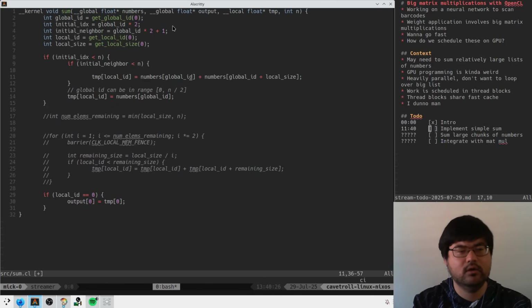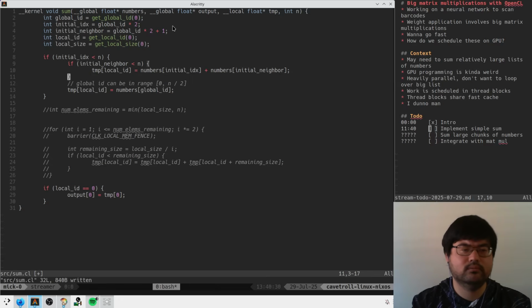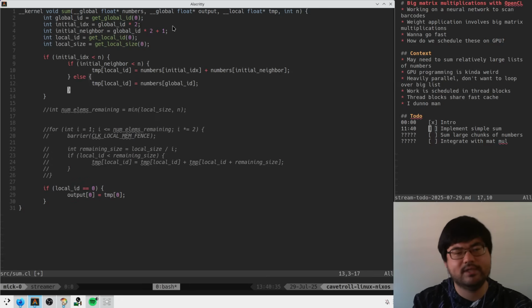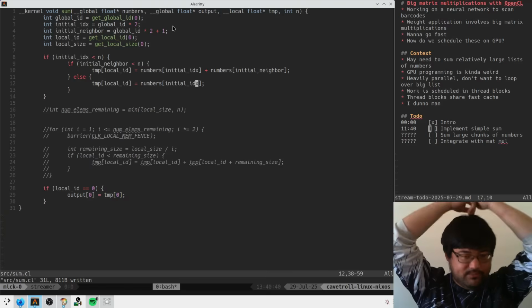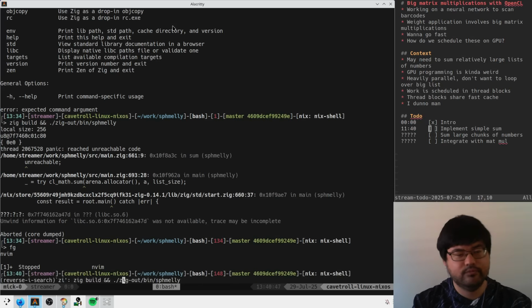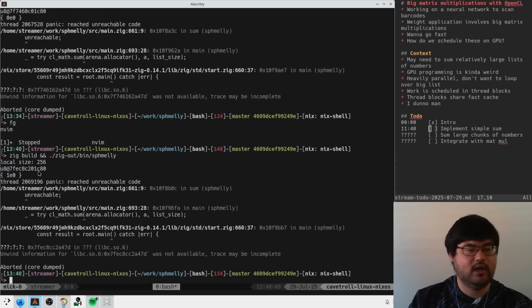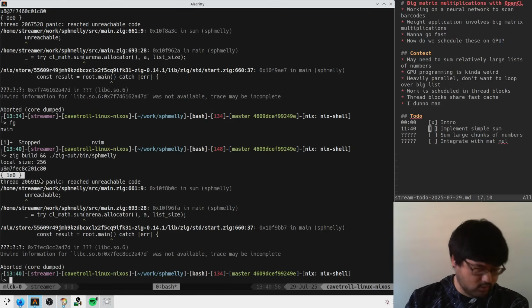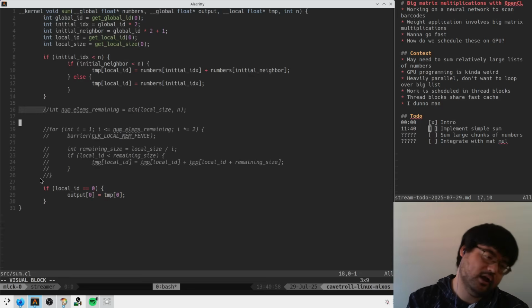Okay, that's something. So we run this, and we get our initial sum is 1, because we summed 0 and 1. Okay, cool. Now, num elements remaining